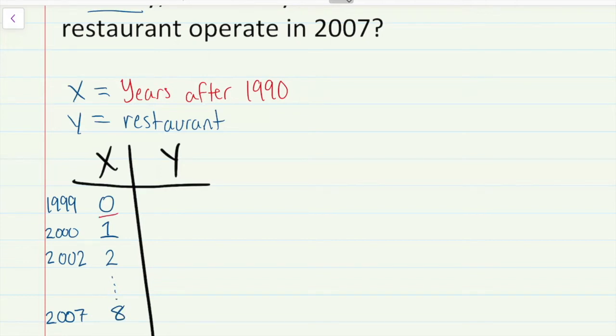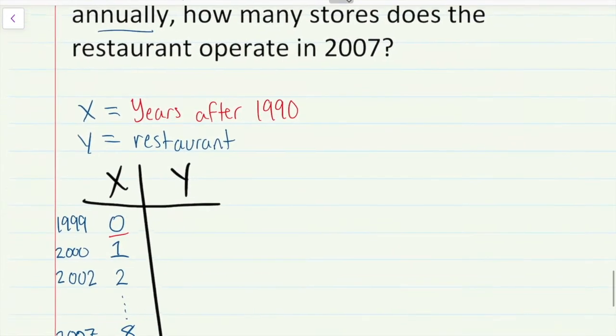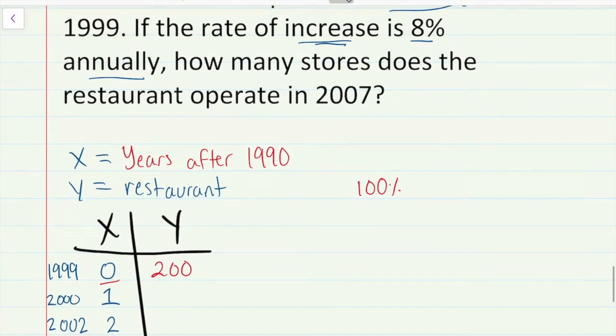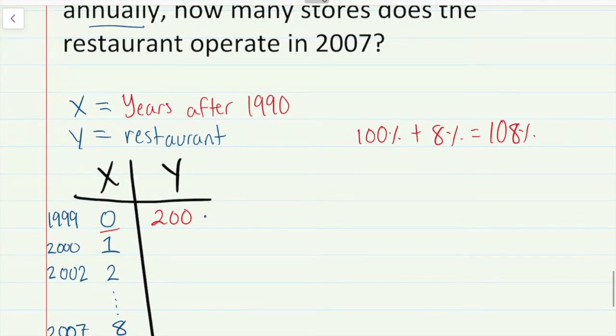So at year 0, originally, we had 200 stores. Now, what's going on every year? We said we have 100%, and every year it's increasing by 8%. So every year it's going up by 108% every year. Well, guys, can I multiply the 200 by 108%? No, we got to turn it into a decimal. How do I do that? Simple. With a calculator, put 108. If it's a percent, just divide by 100, and you will turn it into a decimal. So we're actually multiplying it by